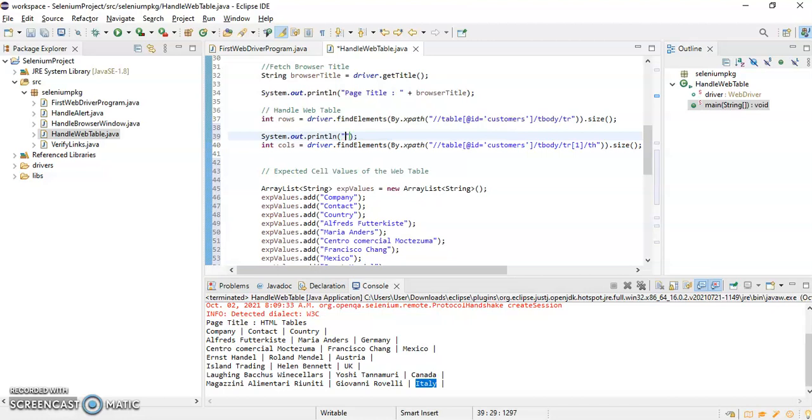So I just have to write System.out.println, number of rows in the web table, and I just have to write rows here. Similarly, I can write number of columns.